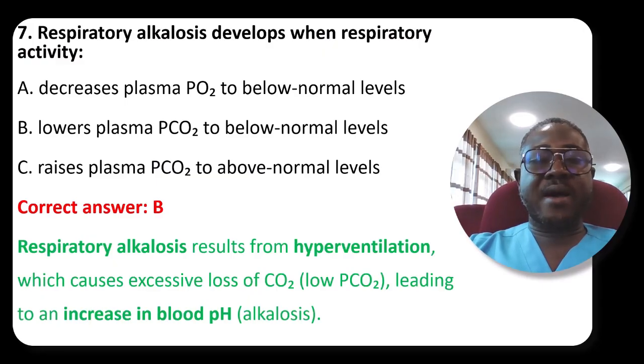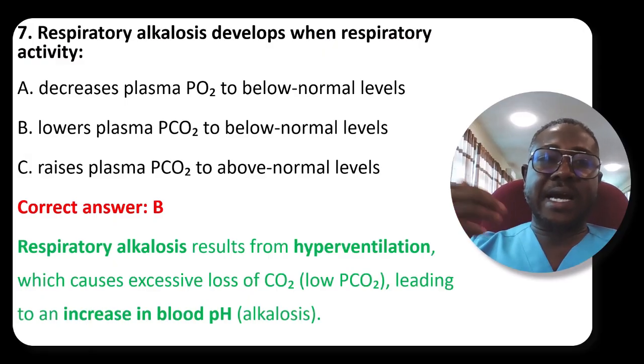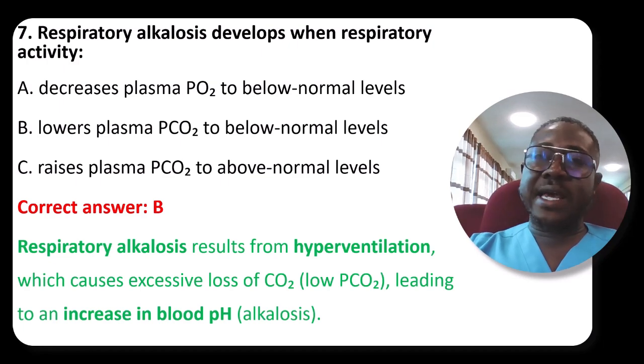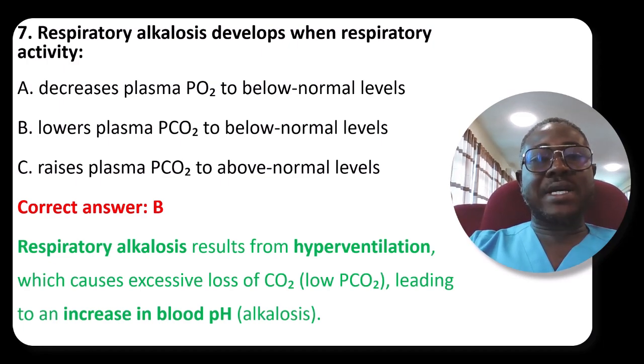Okay, so remember, fast breathing goes with what? Respiratory alkalosis, because you are pushing in more oxygen, and with the fast breathing you are bringing out excess carbon dioxide, and anytime your carbon dioxide reduces, then it means that the blood is becoming what? Alkaline in nature. Okay,